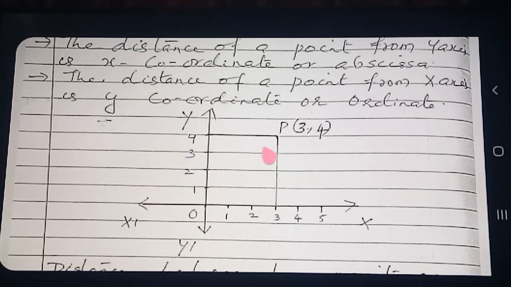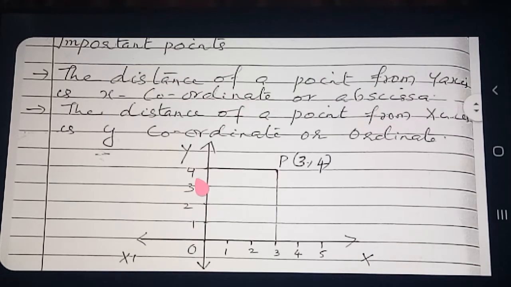It is not necessary to learn it by heart. Knowing that this direction is positive and this direction is positive, this direction is negative and this is negative, on that basis, if you draw a simple diagram on a rough page, you can find out which quadrant each point lies in. Clear?